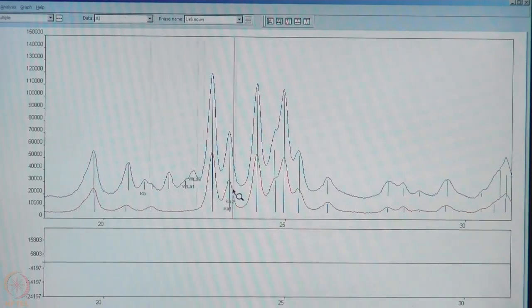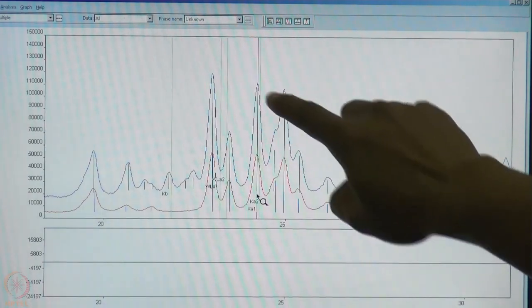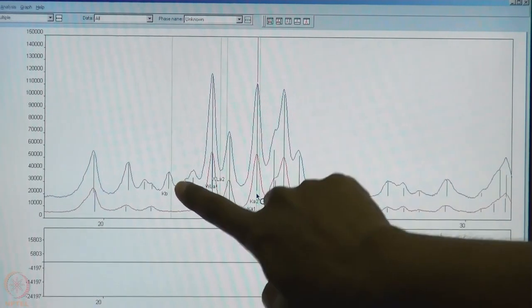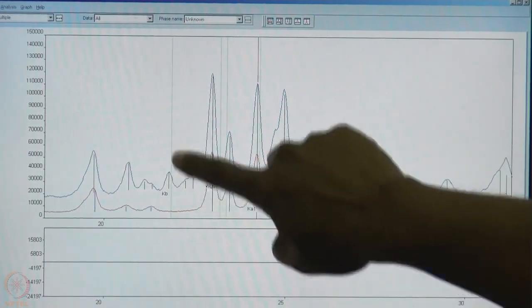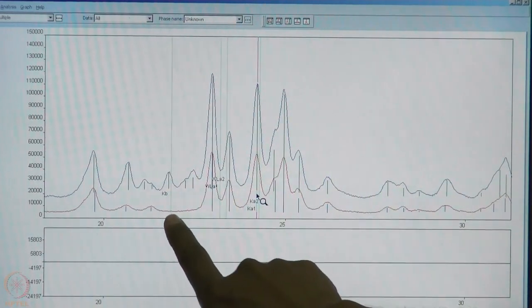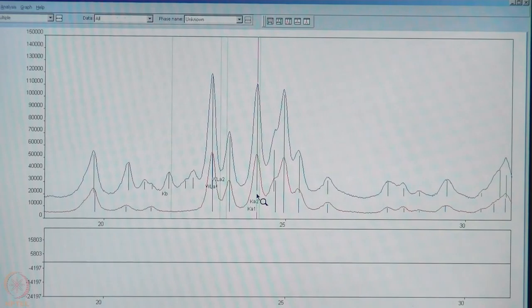The next larger peak, which is somewhere here, is the K alpha peak. The corresponding K beta appears at a much lower 2 theta value and as an independent peak, which was not there in the red. So, this pattern comparison clearly shows